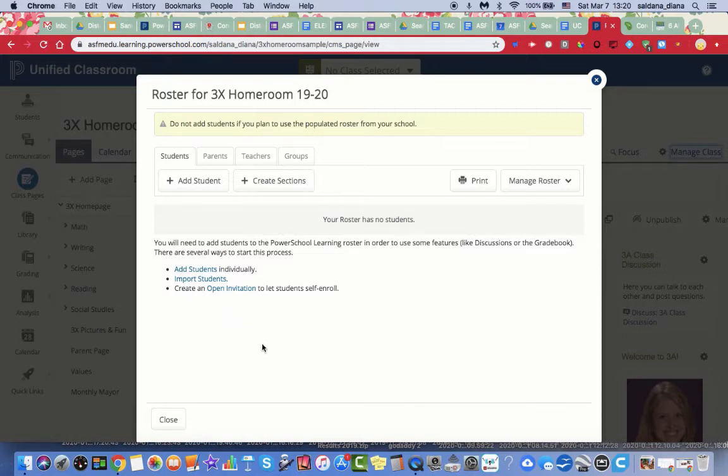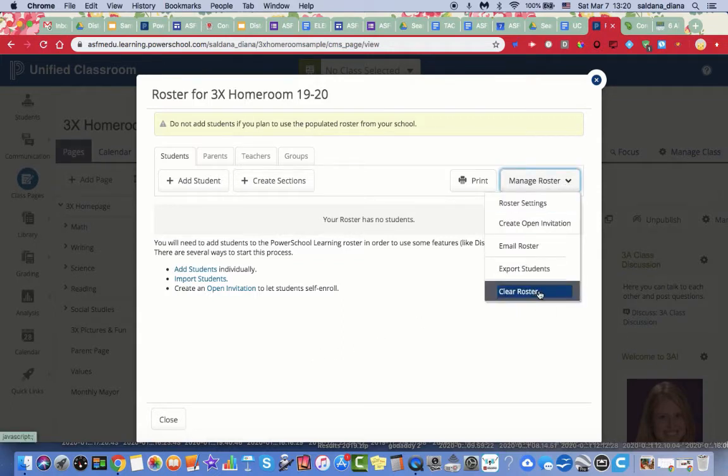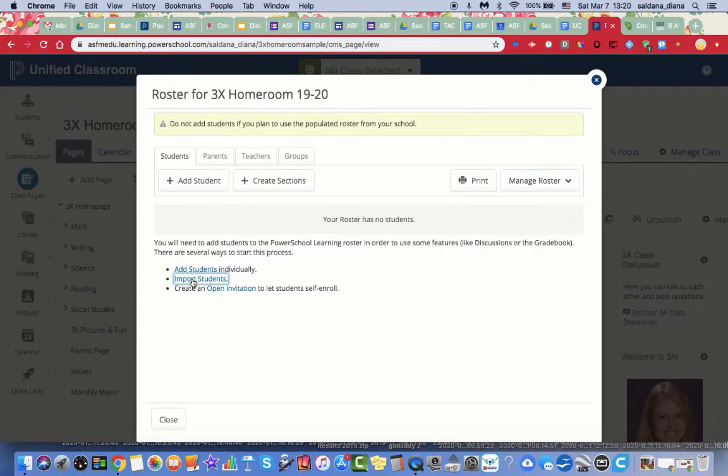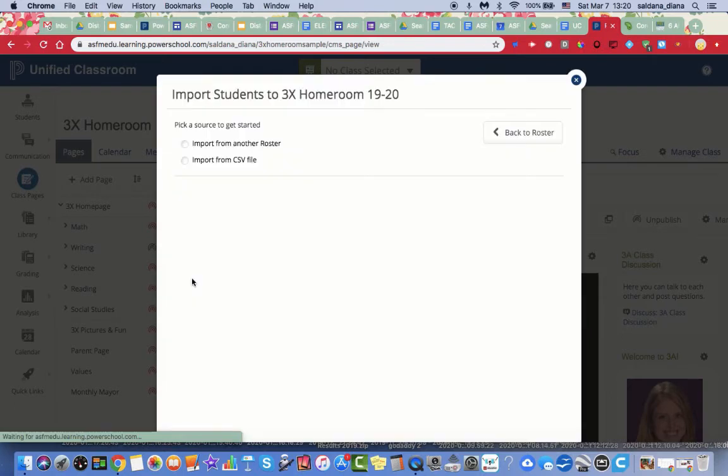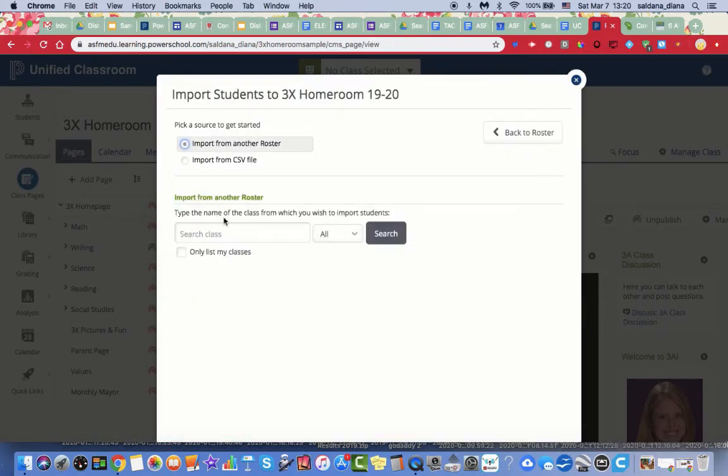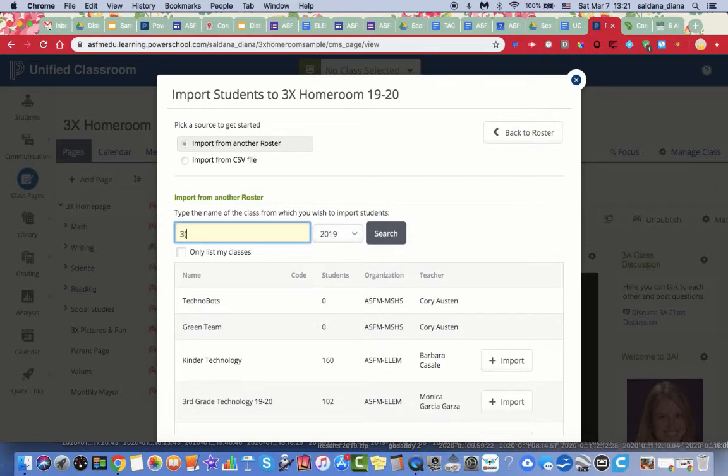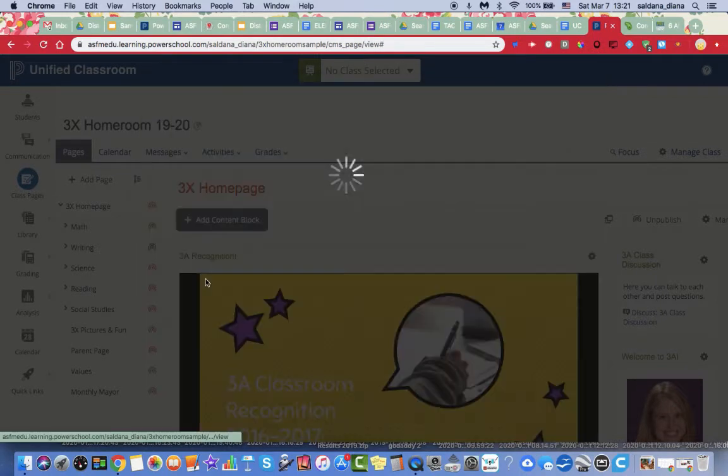If you don't have them, or if the list is incorrect, you can clear the roster to start again importing a correct roster. And then you'll go to Import Students, Import from another roster, only list from my classes, and 2019. I don't have any classes. Suppose that my class is 3A. I'll go to Import Students,